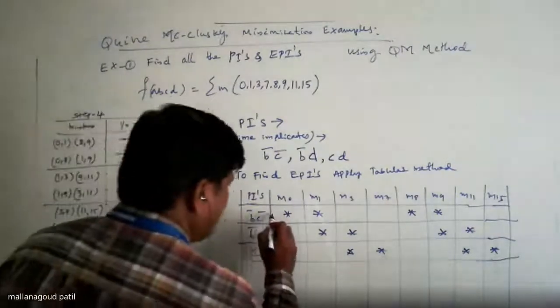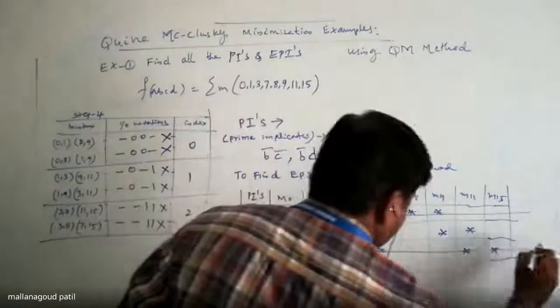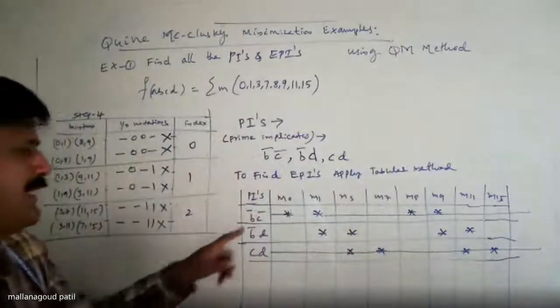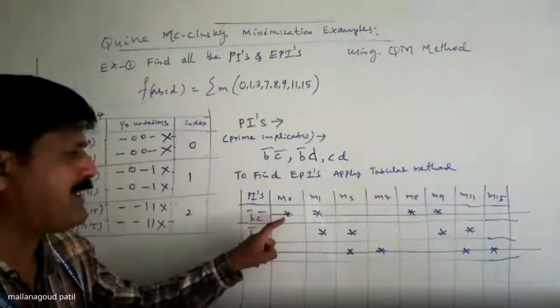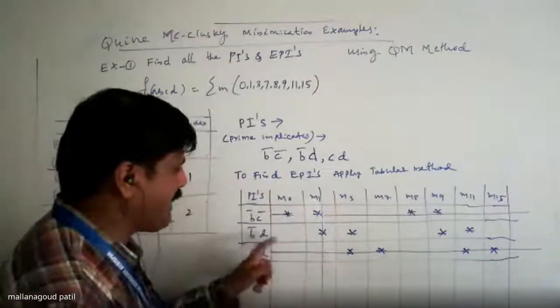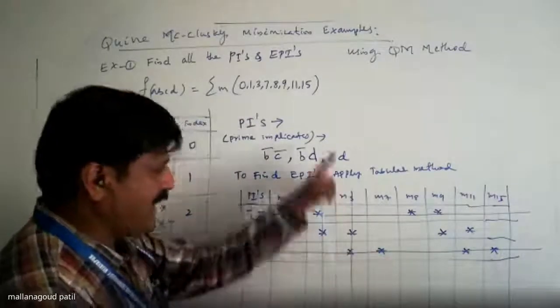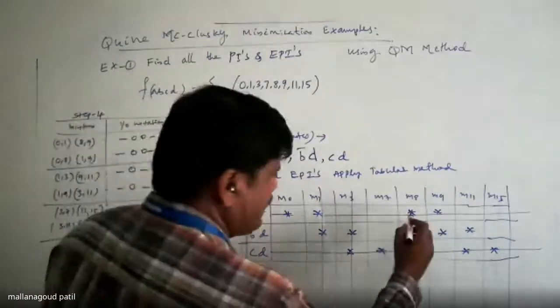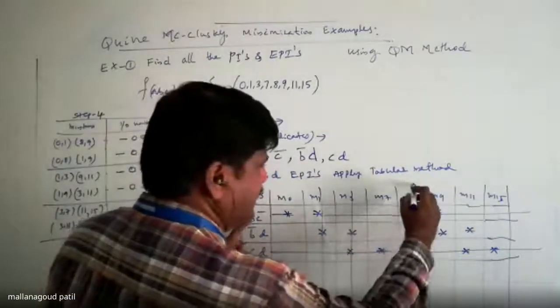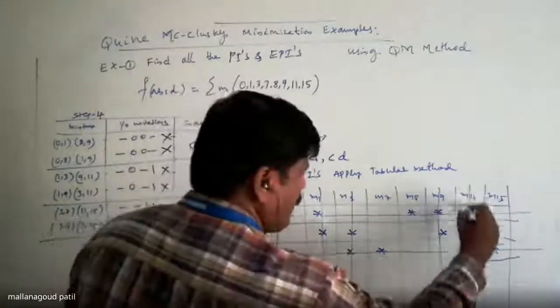I can write this one line, and then I can write this one line. Then where you have B bar C bar with a star mark, you have to continue. Then this is one vertical covered with B bar D, and this is one vertical. CD is there, no? I have to go for a vertical. Then here you have B bar C bar, you have a vertical, and you have CD there. One more vertical.